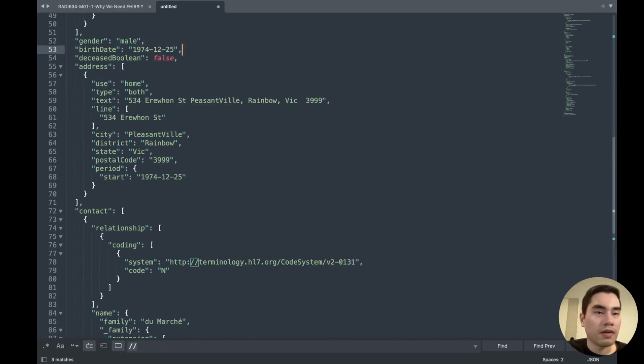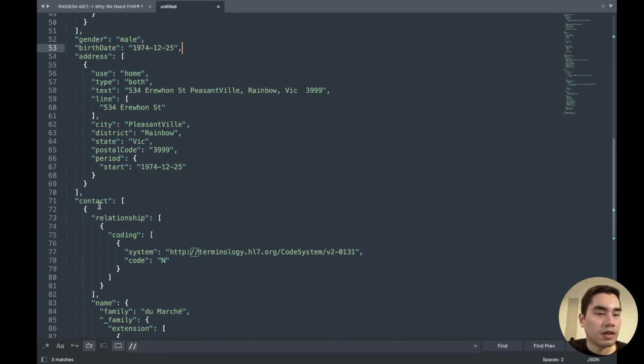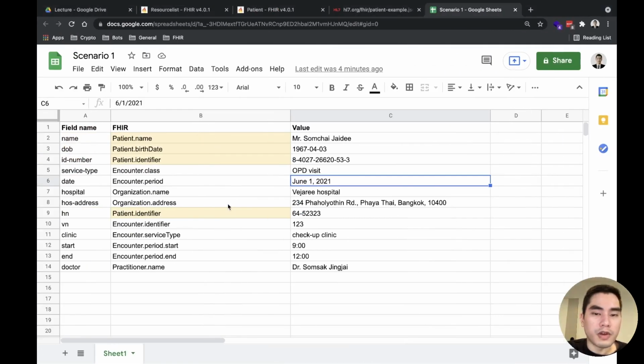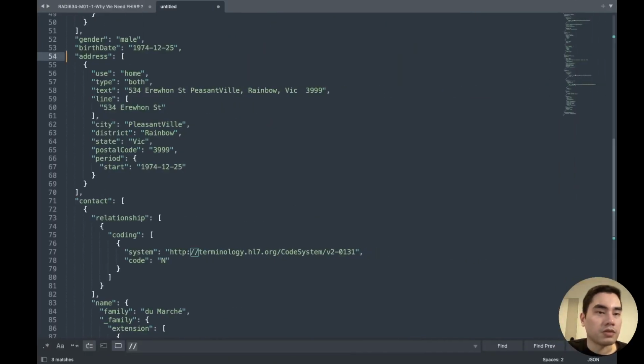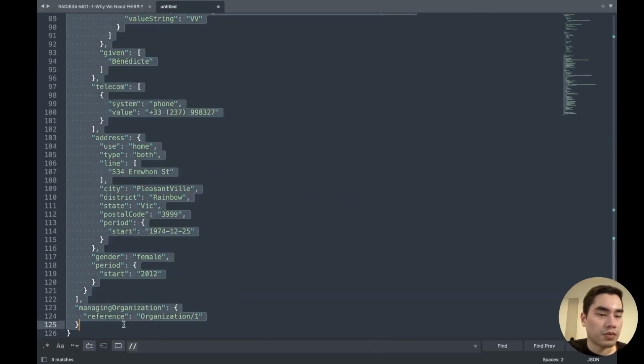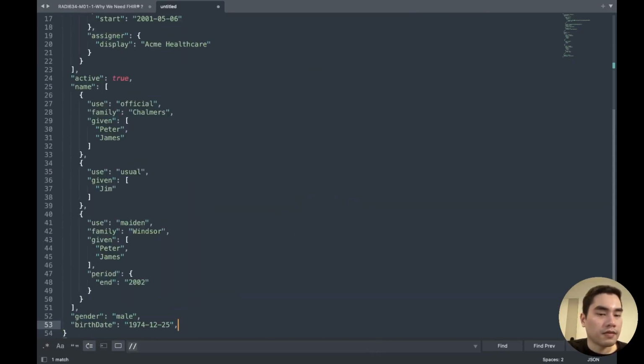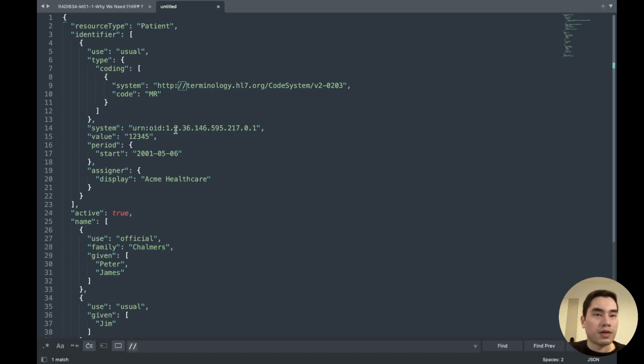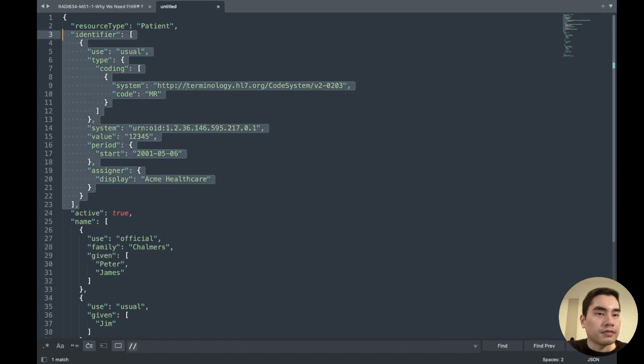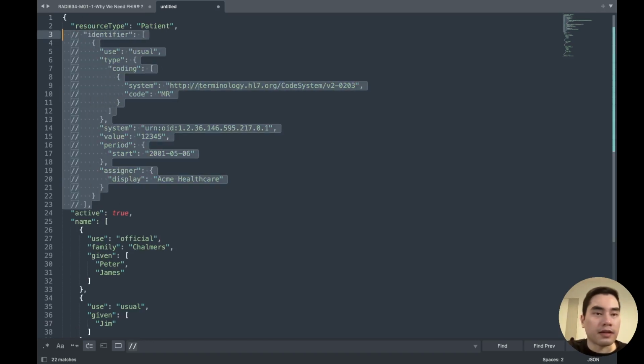Deceased boolean, we don't need it. And I think we have all the data that we need, so this one we will remove. So this is the patient resource from FHIR. Identifier, I will go back to later.